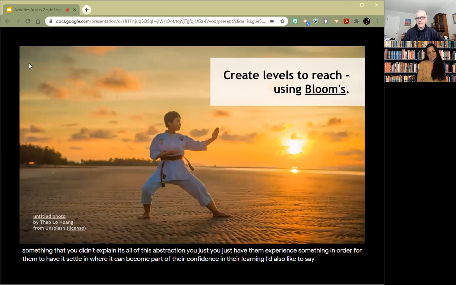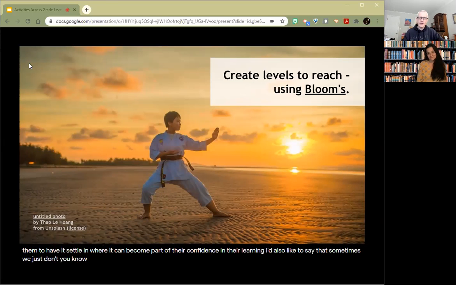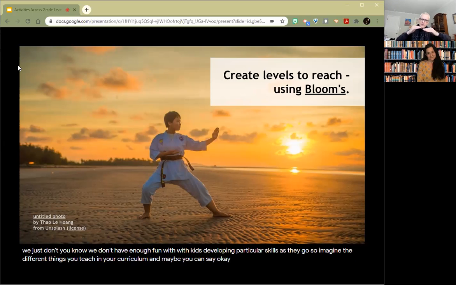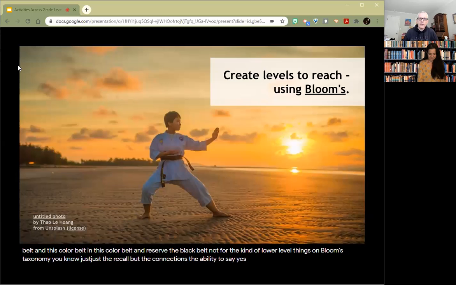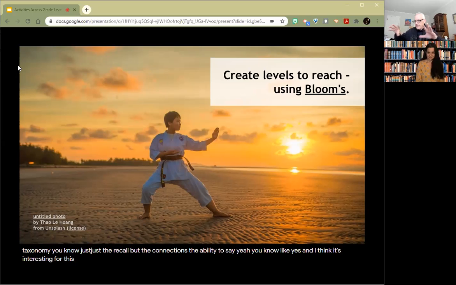I'd also like to say that sometimes we don't have enough fun with kids developing particular skills as they go. So imagine the different things you teach in your curriculum, and maybe you can say, okay, once you know this, that's this color belt and this color belt and this color belt, and reserve the black belt not for the lower-level things on Bloom's taxonomy, just the recall, but for the connections, the ability to say, yeah, there's this, and it has this to do with this, and I think it's interesting for this reason, and here's what I created as a way of showing that.